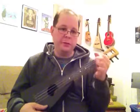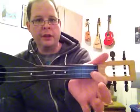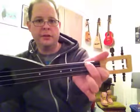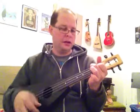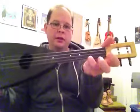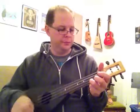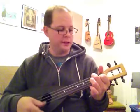And then after you've played that, you go to the F chord, which is your index finger, second string, first fret, and your middle finger, fourth string, second fret. And from there you go to the C chord, which is super easy. Just your ring finger, first string, third fret. E7, F, E7,